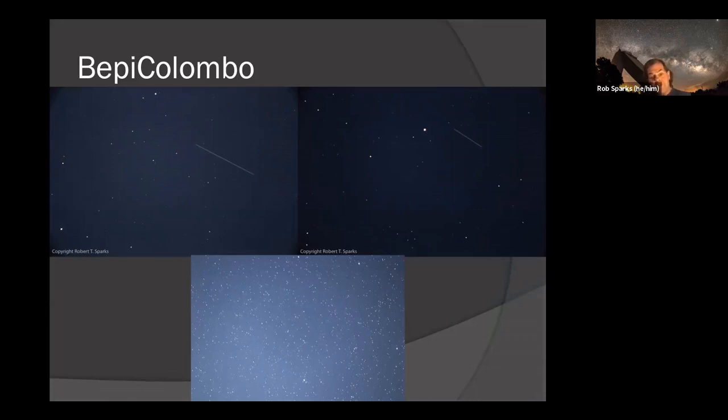There are a couple gaps in the streak, and I'll admit that the gaps were because I was impatient. I was wanting to see if I was getting it with the camera, so I stopped taking pictures for a second to review one of the images to see if I was actually getting it. So those gaps were strictly me being impatient. They weren't any malfunction. They're just my natural impatience and giddiness of getting these images.